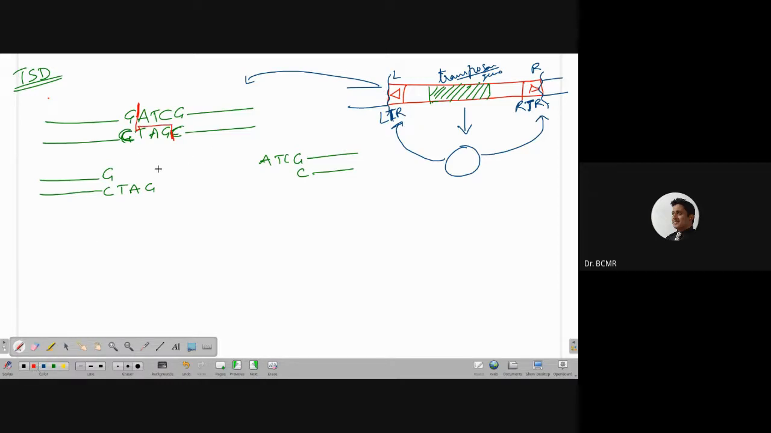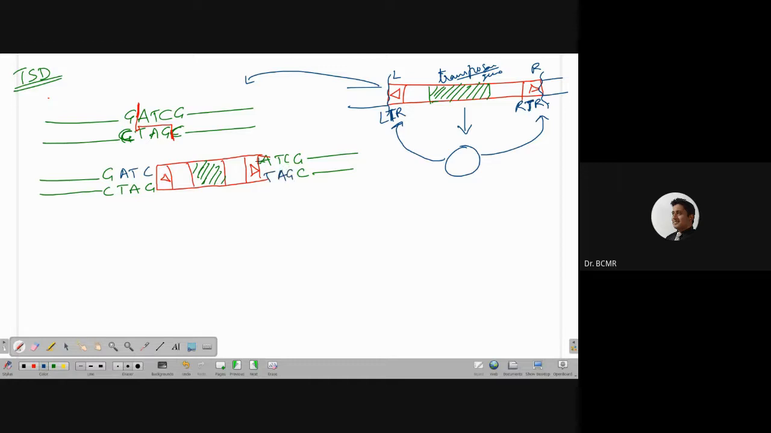and the transposon will settle in between this. I'm not drawing it to scale, it is smaller in size, but you should understand that these are the LTRs, or the terminal repeats, and there is the transposase gene. Okay. So what happens then is the repair mechanisms of the host will fill these gaps with this